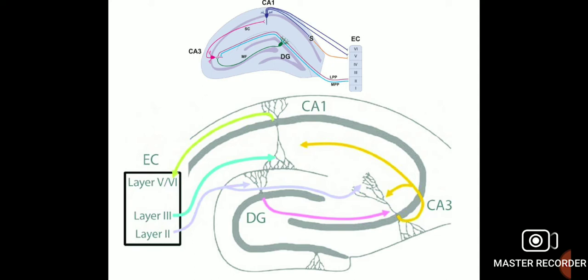The hippocampus is made up of different layers. There are a total of 6 layers, as you can see in the upper figure, from the first to the 6th layer. The major layers are layer 5 or 6, which is involved in the CA1 region, layer 3, and layer 2. If you want details about these areas, their functions and what these layers are, you can text in the comments if you need a more detailed explanation.